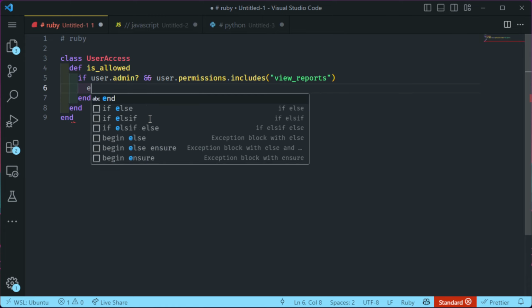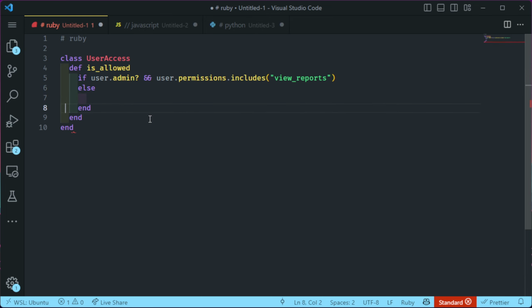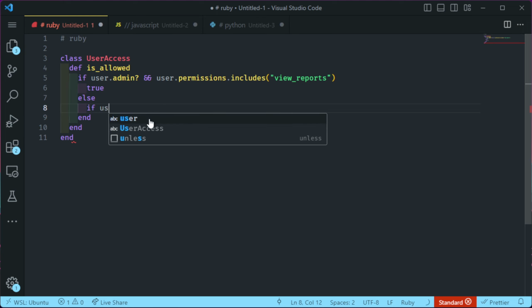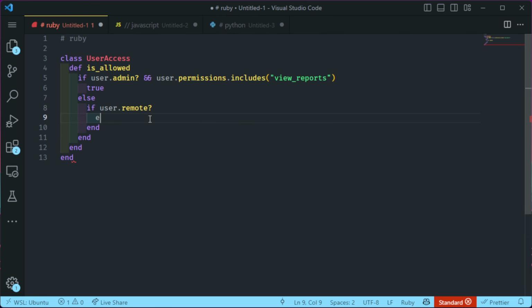And then we can add an else in here, and we could do a true here. We're just going to return true if this is happening. But if it's not true, we can check if the user is remote. An else in here too. Let's say we have to get the permission. So we say remote permission equals remote permission